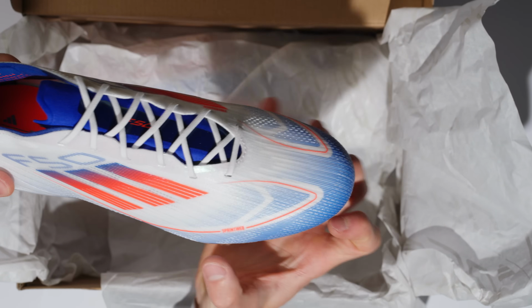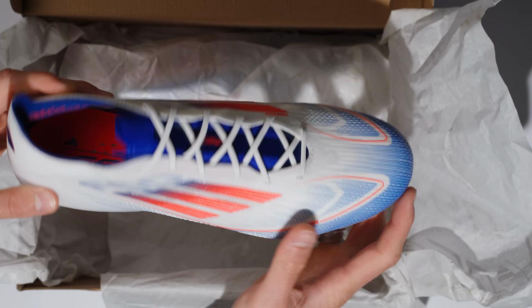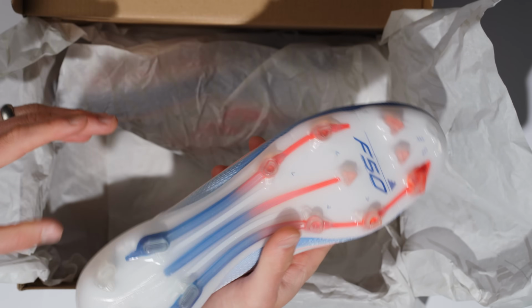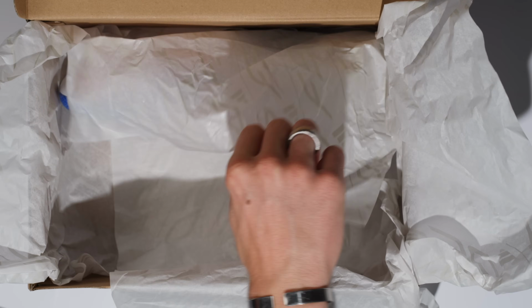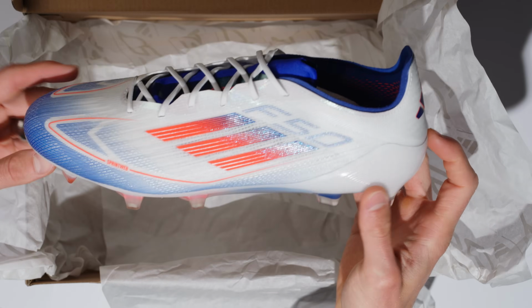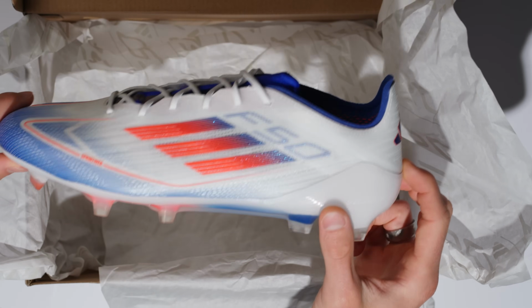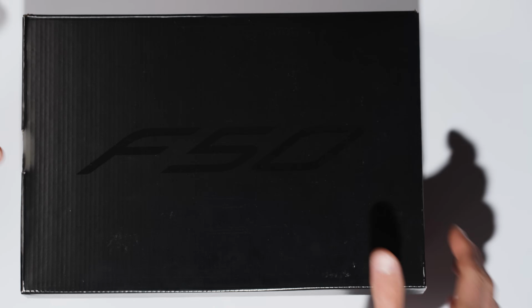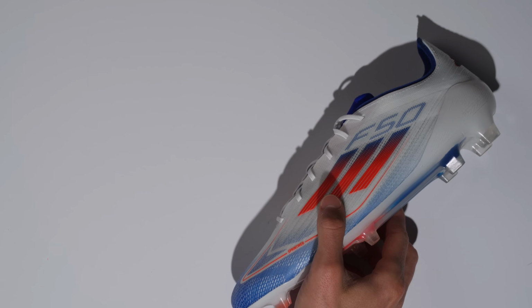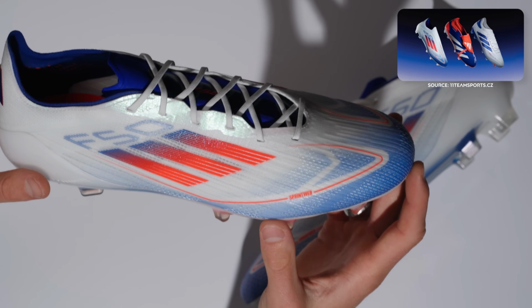The blue accents kind of coming up and over the toe, the ombre-like blue to this kind of orangey red material looks awesome, and a super nice looking sole plate as well. I just think the white base looks fabulous, to be honest. And there's your left shoe, or my left shoe, I guess. Lovely. Really, really nice looking football boots. I think this is up there with some of the best launch colorways, just simply because of how simple they are, and also because of what they're going to be used for, which of course the Advancement Pack comes in